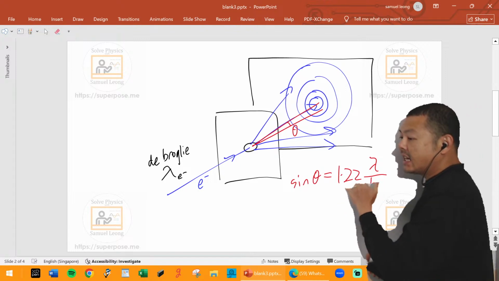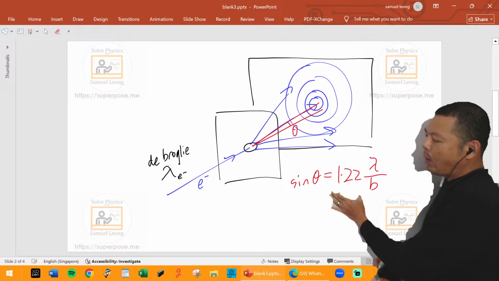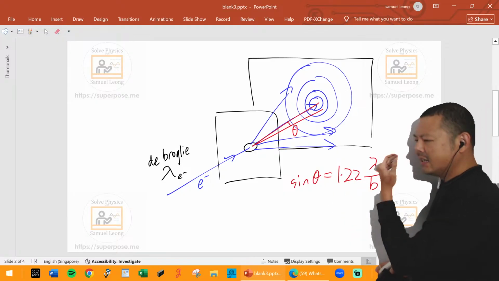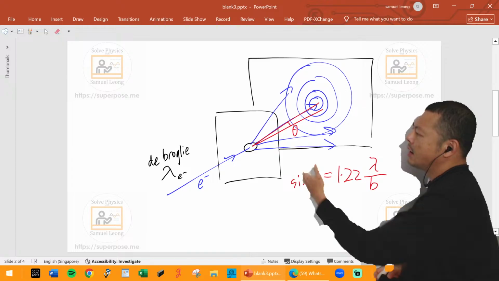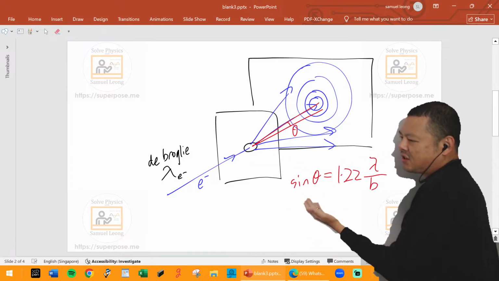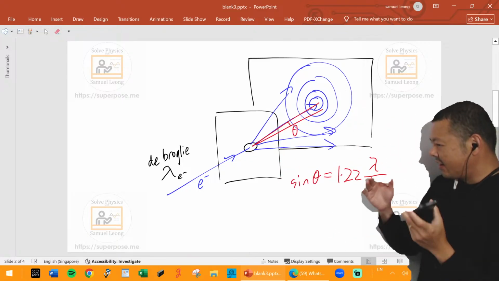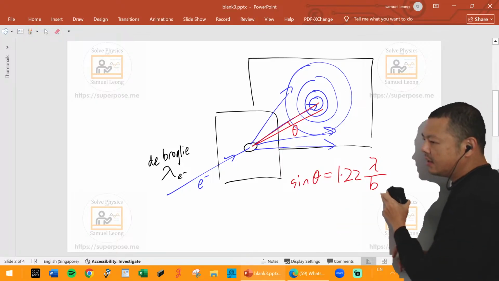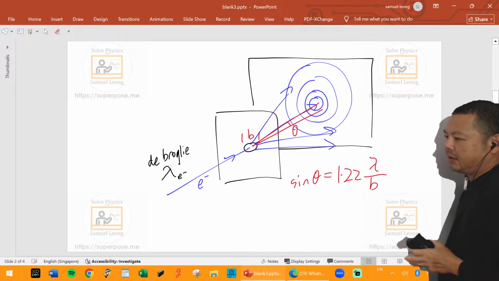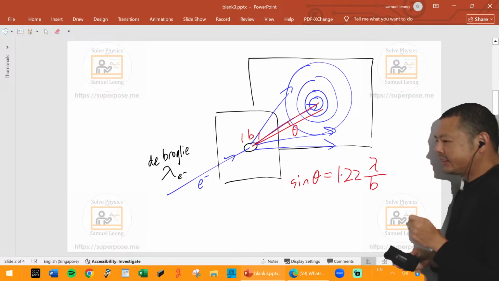No. So this is the equation shown in the answer key, right? Am I right? Yeah, there's a 1.22. I think someone else was asking me about the 1.22 as well. Just take note. This is not in syllabus anymore, because you don't deal with circular aperture. But you sort of have to guess that it's diffraction and other kinds of things. And then b will be the size of the aperture, the diameter of the aperture, the hole.